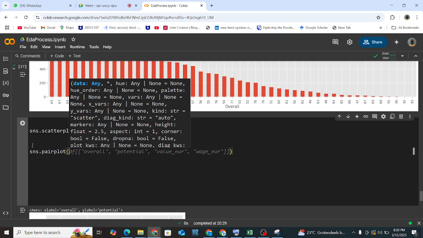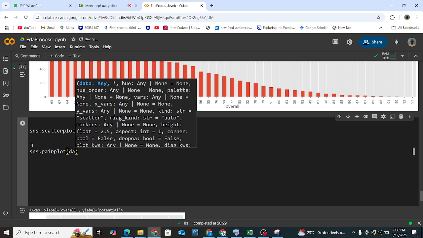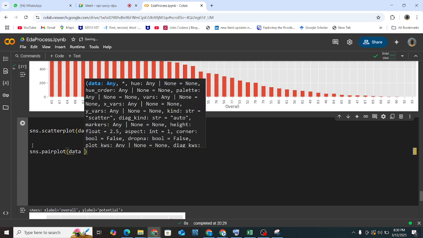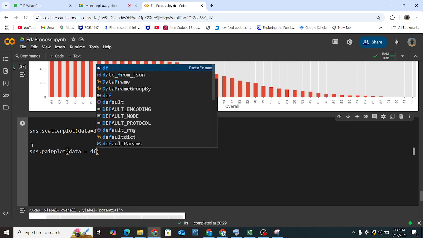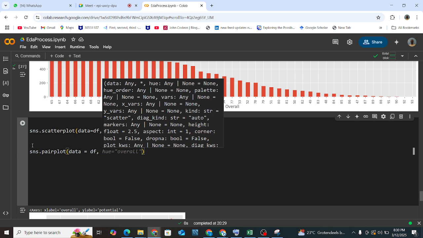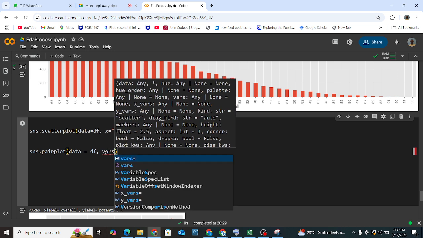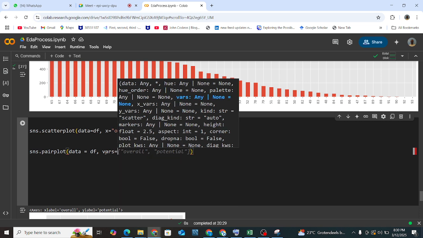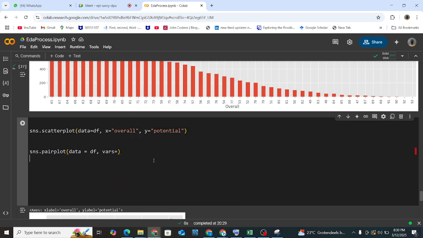In the pair plot, we just have to pass the data. The data here we are setting to our df. Let me leave the hue first. What we need is something called the variables that we want to compare. Let's say maybe in this case we want to compare